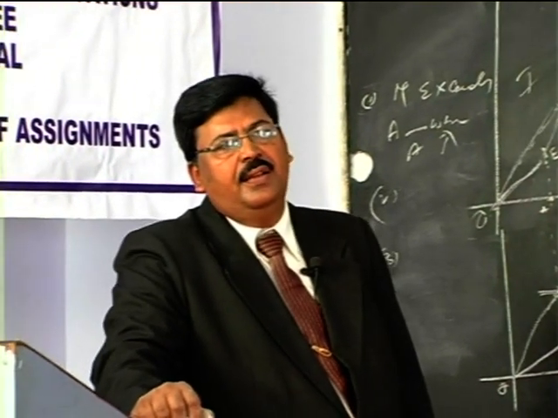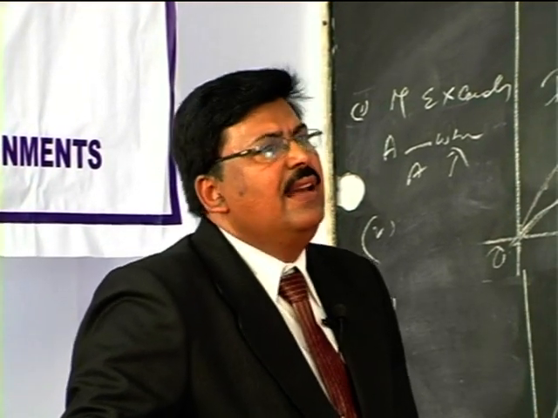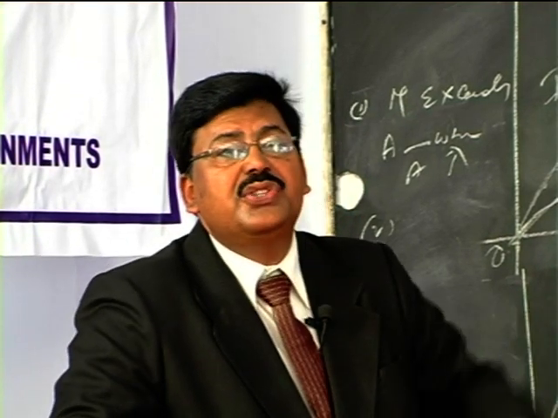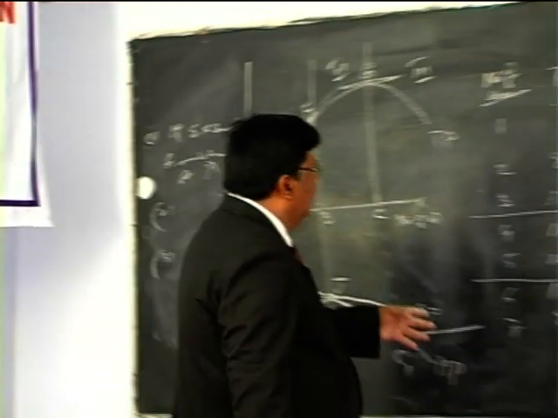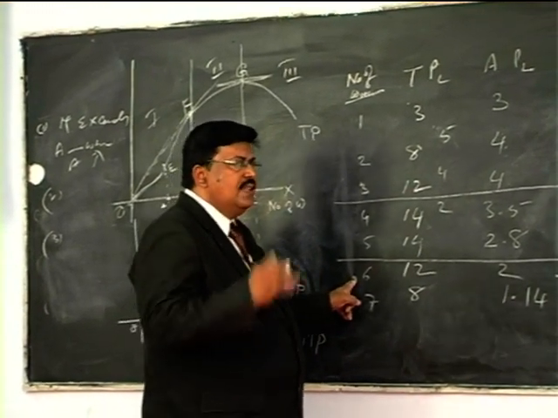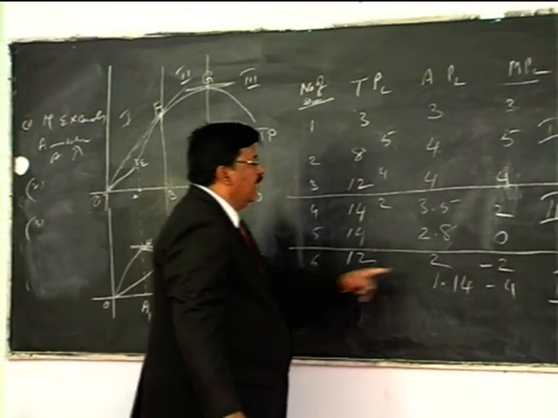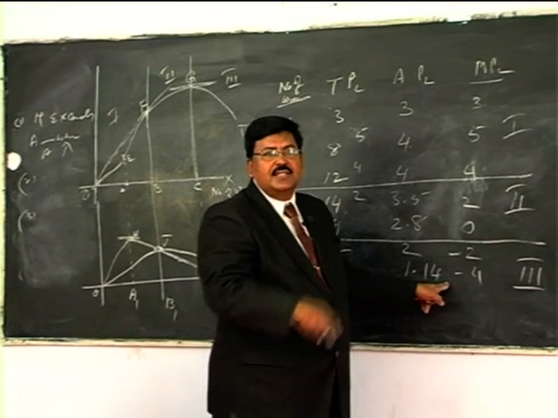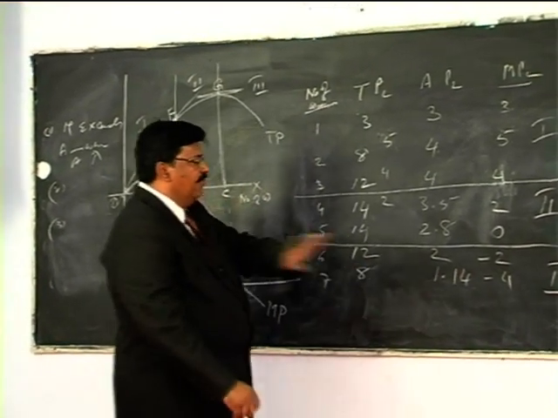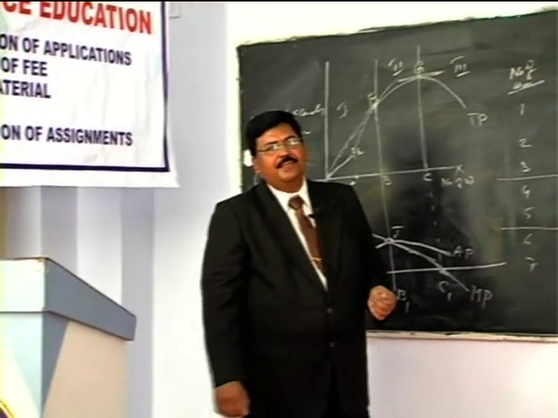Why? Because in stage 1 he will never stop, and similarly in stage 3 he will never enter. Because in stage 3, for example, if he employs the 6th worker, what is the extra contribution of the 6th worker? -2, and the 7th worker -4, that is, he is spoiling the work of others. They are not adding anything to the total, so he will never employ the 6th or 7th worker. So stage 3 is ruled out.